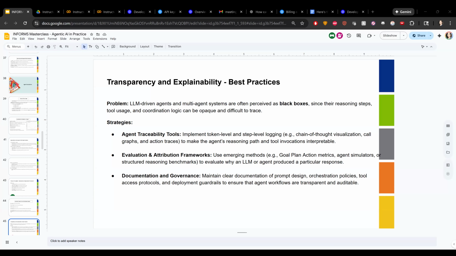I think Shubhangi's question is about the infinite regress, right? So you have a judge checking the planner and the outputs of the other agents. Now, who checks the judge? Maybe we need another judge to check the judge. Then who checks that guy, right? So is there an infinite regress problem there, or how does it work? So essentially,